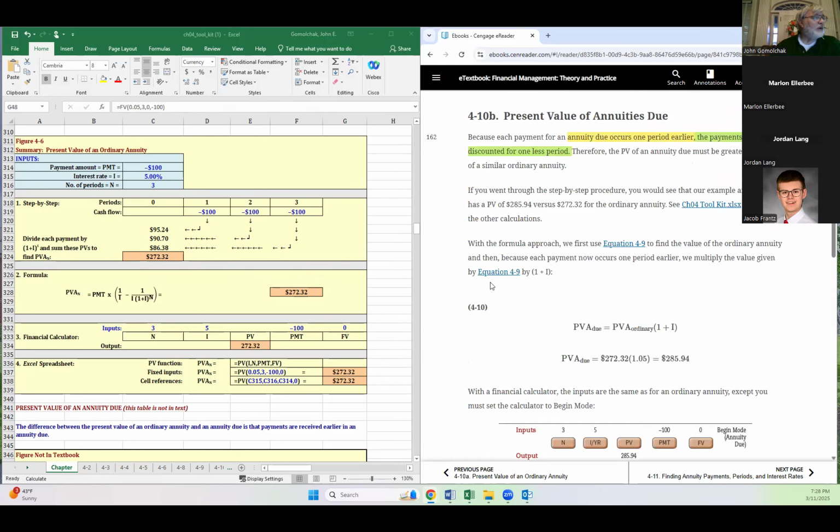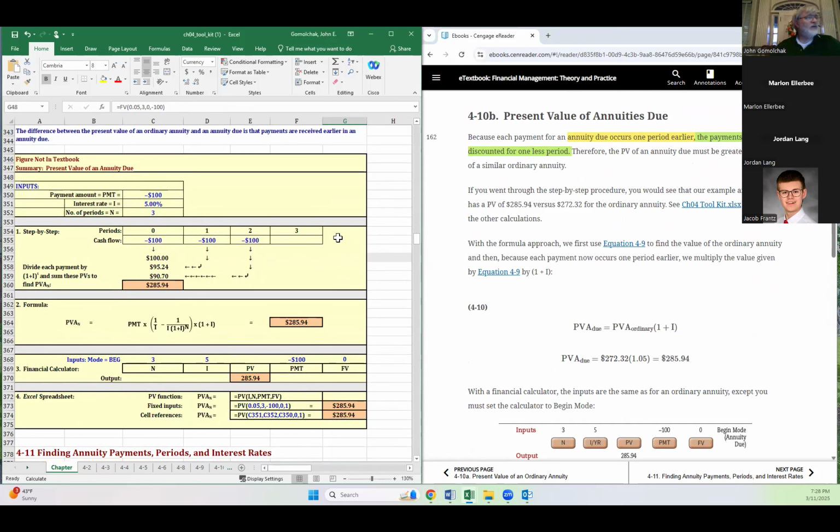Present value of an annuity due. Figure not in textbook. How cool. So you've got to use the toolkit in order to actually see this. Now, this is not one of those things where